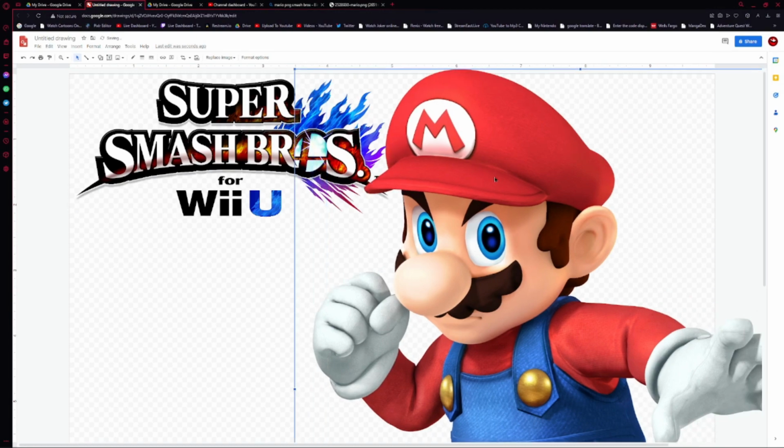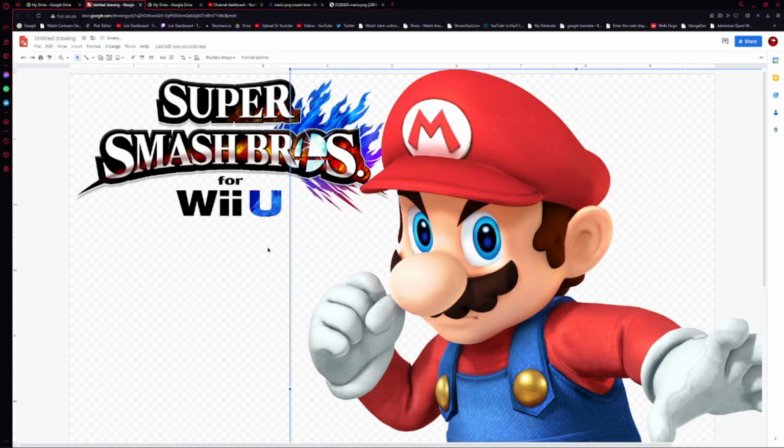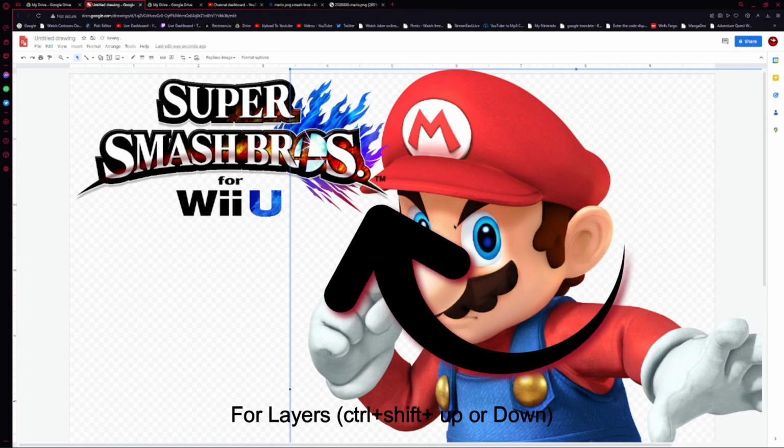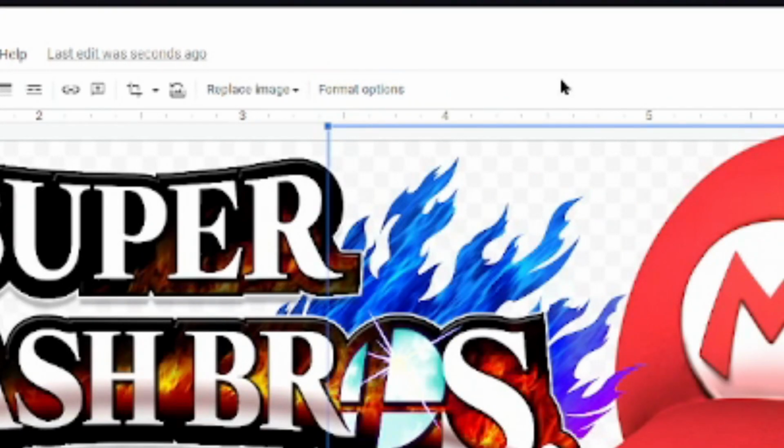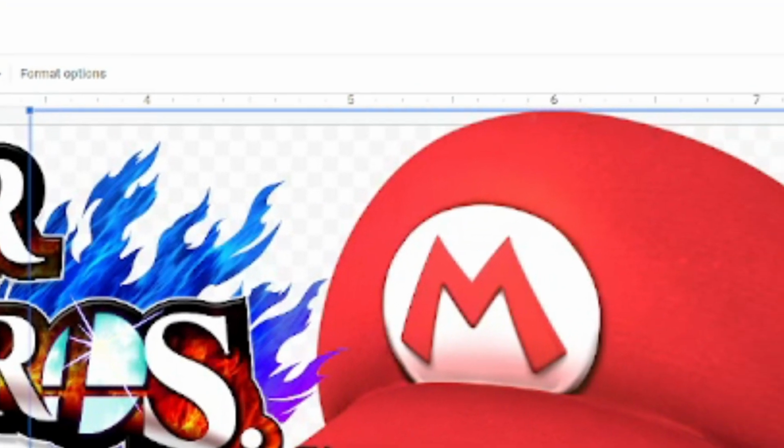So as you can see, it's right here. And of course, Control Shift up or down will bring it to layers right here, so you can see right there it's basically like that. But you can put it like this. Next thing we could also do is you go to Format right here, Options,